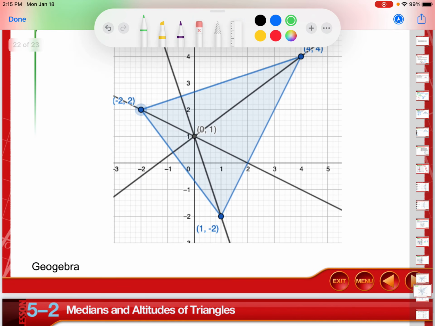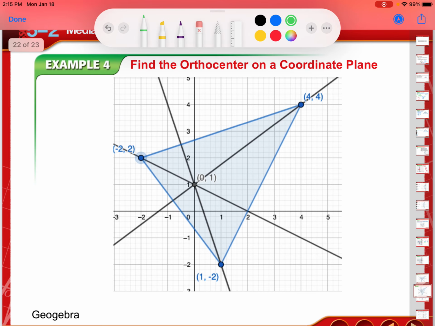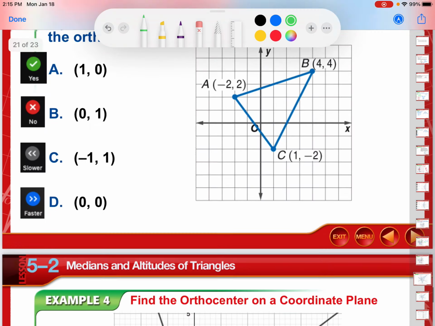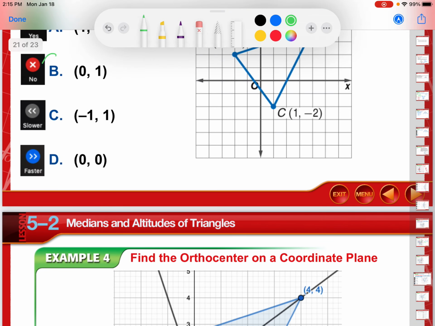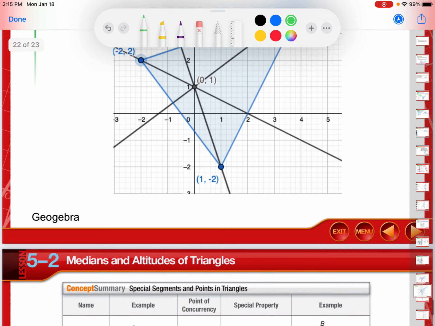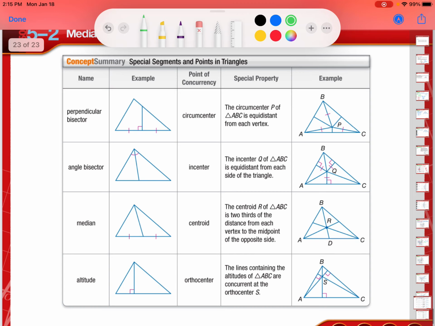So we'll just give you the example there. So using GeoGebra, we can find that it's 0, 1, B. Cool. GeoGebra is going to be our friend for this section, which means you really need to watch that